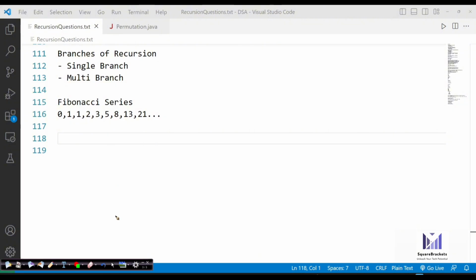Now, if I have to implement the Fibonacci series using a simple for loop, what will be the logic? You have to maintain two variables, first and second. First will store the n minus 2 number and second will store the n minus 1 number. Let's say there is a variable first and then a variable second. We have to store these two numbers: the zeroth element of your series and the first element of your Fibonacci series. So we hard code and store them in the first and second variables.